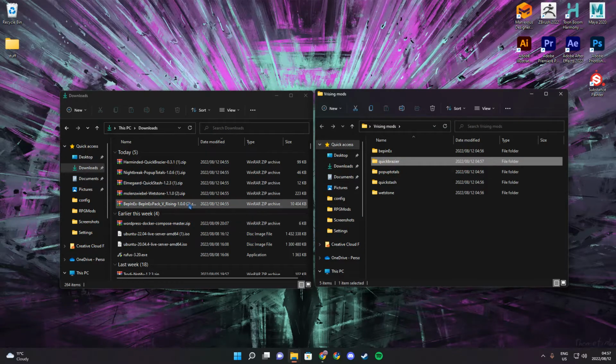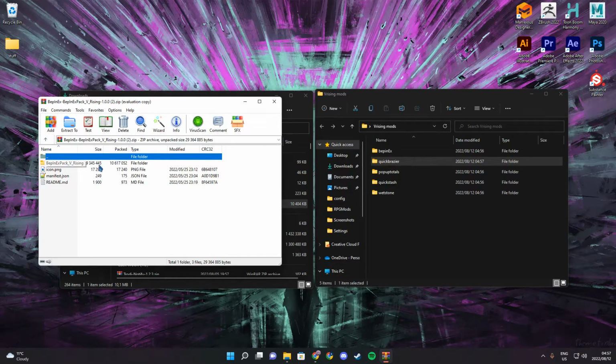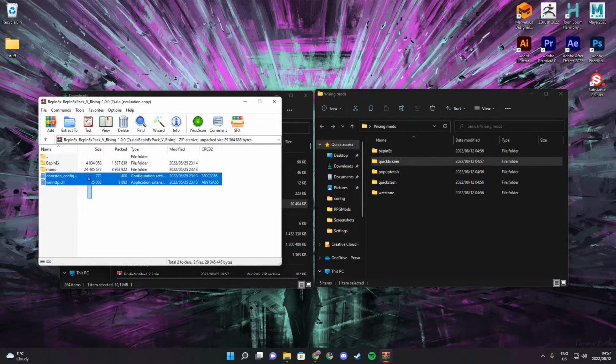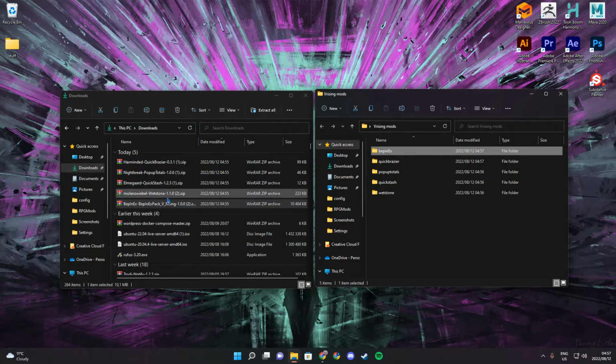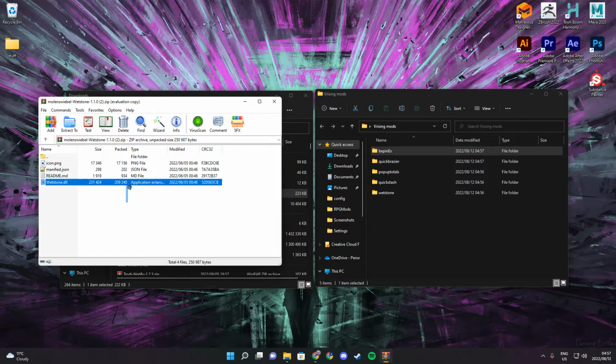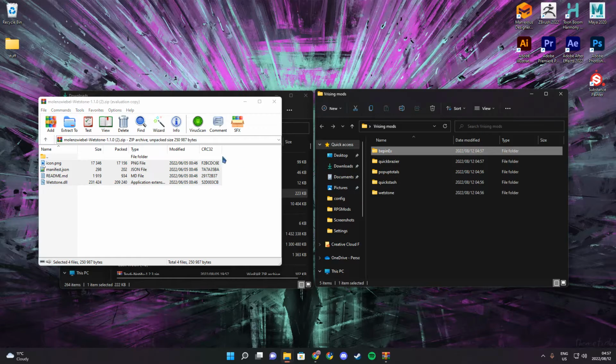So the first thing you want to do is open up BepInEx and then go into the BepInEx folder, and you just drag all of these files into the BepInEx folder that we created. And you just want to repeat the same thing with all of the others. So open Whetstone. You don't have to go into another folder for this one or the others, it's just BepInEx. Drag over to Whetstone,